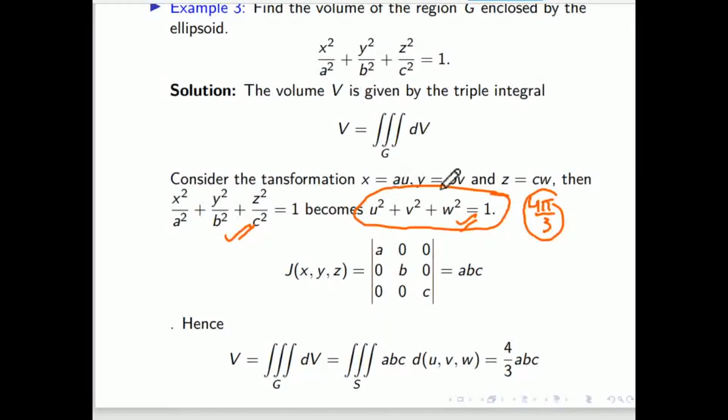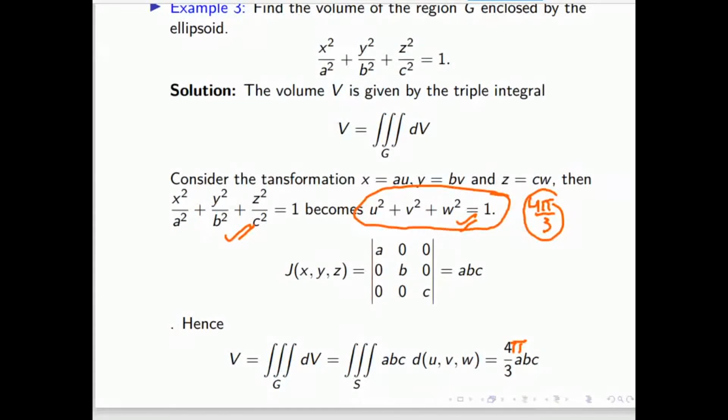That means from x, y, z, if you write here, it will come abc, that is the Jacobian, times du dv dw in any order, depending on the limit. So from the x, y, z plane, the equivalent value of this triple integral is the same as the Jacobian times du dv dw. So you can directly write the value. Here we know this volume will come 4/3 pi. So this answer will come abc, which is a constant. So it will come 4 pi by 3 abc.